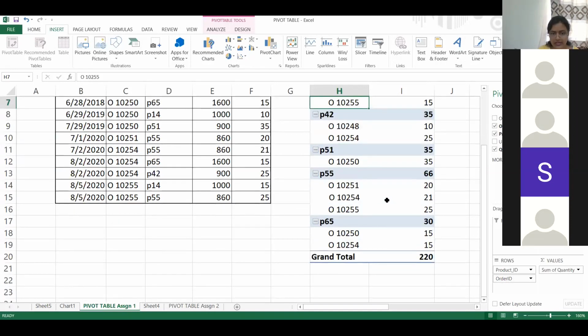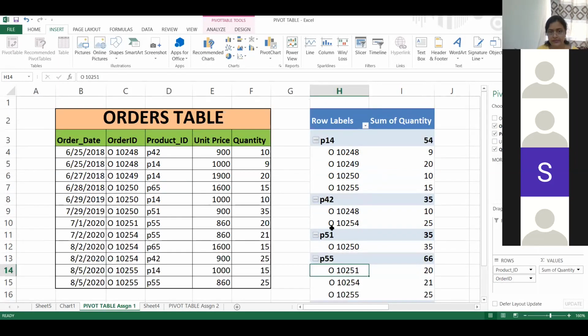Okay, so now next, if you have the file with you, you can read order wise value. For value we have to use a calculated field. So how to do that? Anyone can answer it? Mayur?